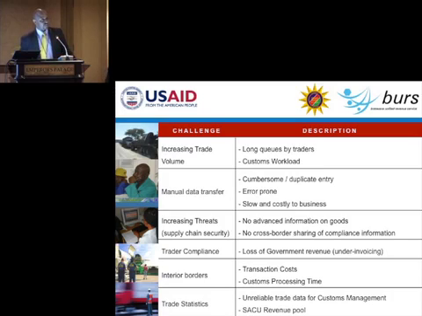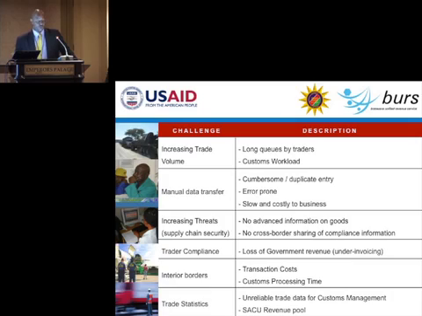We are faced with a number of challenges. The first one, as you'd all appreciate, is that trade is increasing. And to that extent, we find that there are queues at our ports of entry, ports of exit. And because of that, we thought that it is only appropriate that we begin to explore ways within which we can minimize our interventions and minimize the way that we do business. And therefore, IT connectivity was one of the things that we thought would